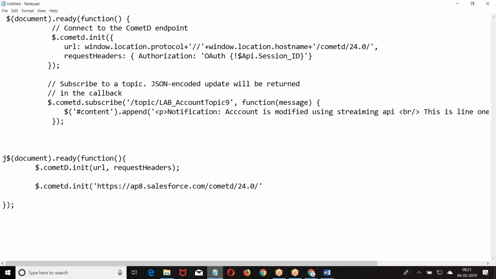This is a URL like that. But because in this example people are going to access from different locations, students are from different locations, I'm not sure whether you are going to use AP8 or not. That's why I made it generic. How did I make it generic? Format D dot init. I told